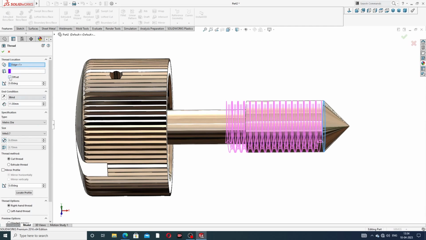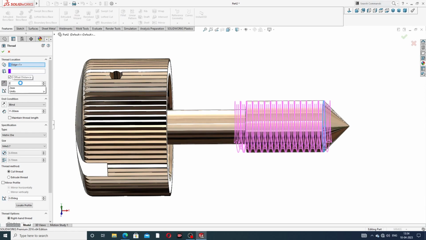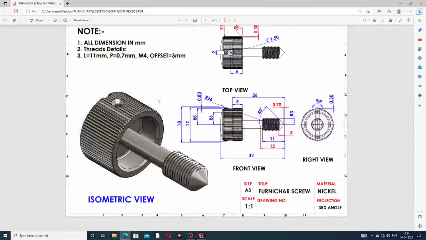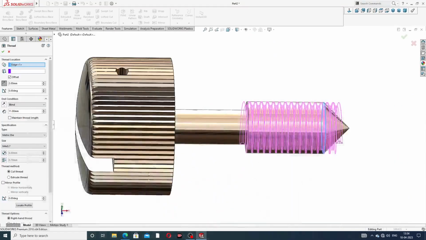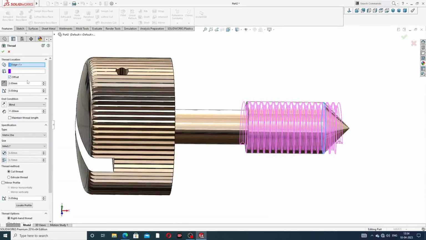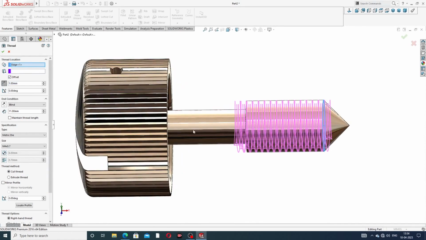Okay, and offset is 2 millimeter. 2 millimeter is this, but 3 millimeter offset is not here. Offset of 0.7 and 1. Okay, 1 is perfect. 0.7 is the pitch and 11 is the length, and 3 offset is not here, but the distance is okay. Offset of 1 millimeter is better, but 3 millimeter is